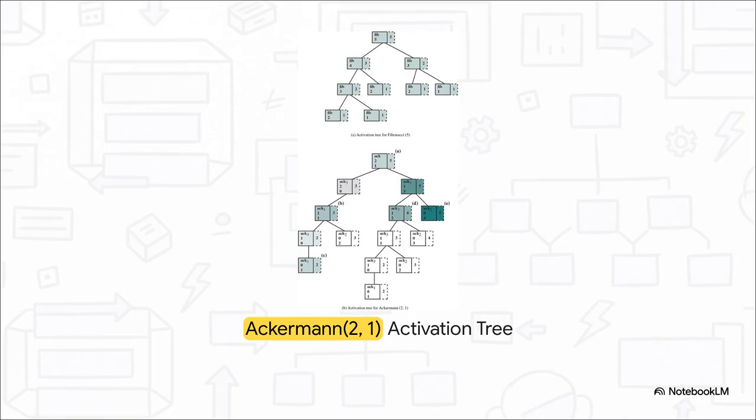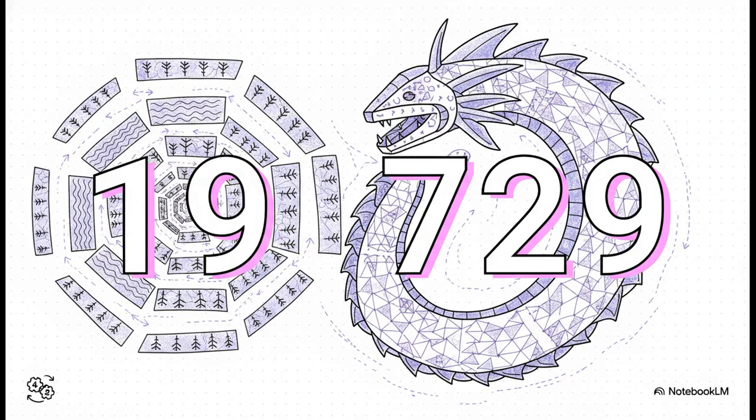Just feeding it the tiny numbers 2 and 1 creates an incredibly dense, tangled family tree of function calls as the program furiously branches out and constantly updates its own parameters. And the scale of this? It's genuinely staggering. Because of that intense, nested recursion, if you pass just the inputs of 4 and 2 into